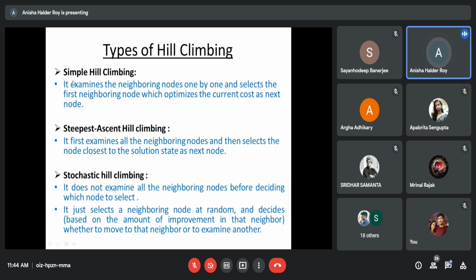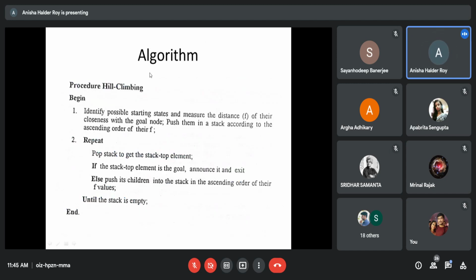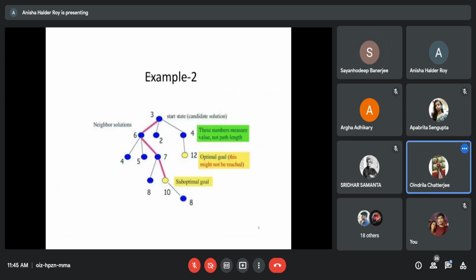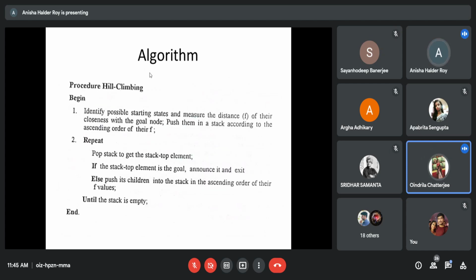Okay, so here we have already discussed these three and simple hill climbing approach we have shown with example. This is the algorithm. Algorithm বোঝা গেছিল আগের দিন বোঝা গেছে তো আর বলছি না। Yes, ma'am. ডাউট ছিল ম্যাম, একটু বুঝিয়ে দেবেন ম্যাম এক্সাম্পলটা?